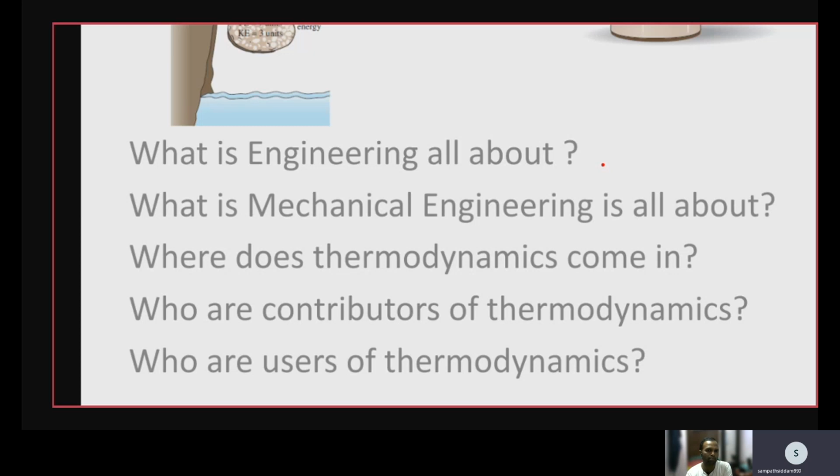Let me put some examples to make this clear. Water falls from a higher elevation to a lower elevation, which takes place based on the natural law. The reverse doesn't happen naturally; if you want to do it, there needs to be some additional system to make it flow. Similarly, heat flows from higher temperature to lower temperature, but not the reverse. There are many other processes which do not occur in the reverse way.